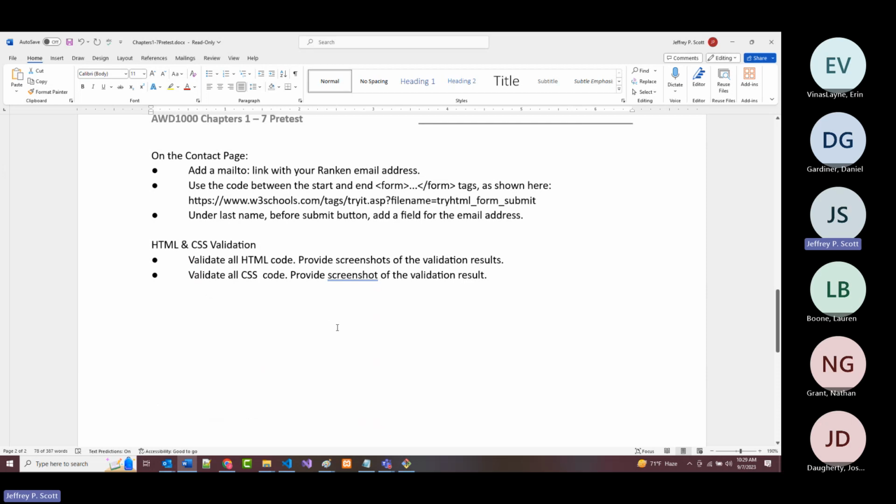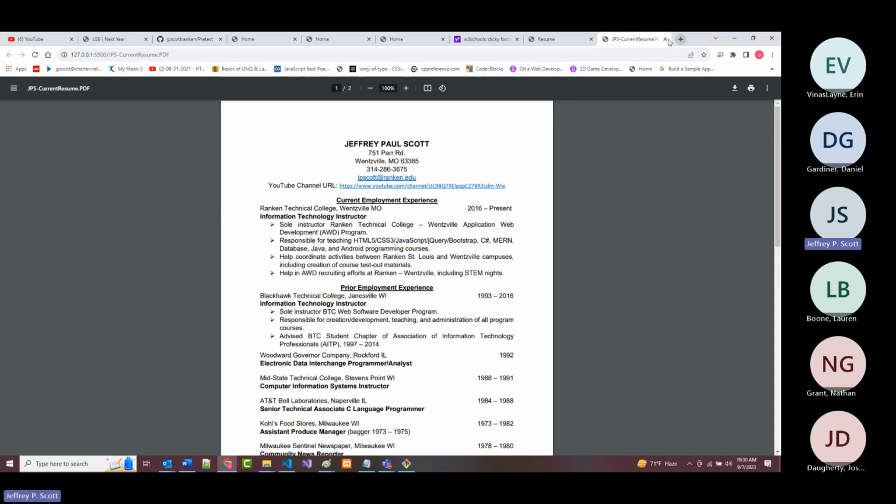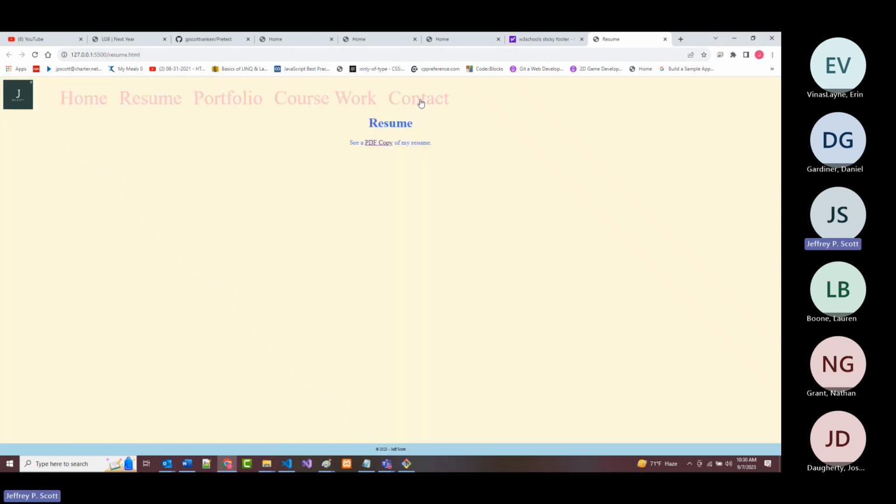You were supposed to add a mail to link. I don't even know if I put that in. If I didn't, I'll add it momentarily. And then use the code that was out here. And under the last name, add a field for email address. All I wanted to show you on here is what we're going to be moving towards shortly. And that is